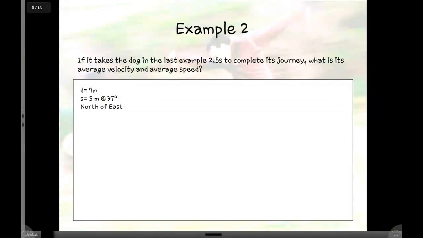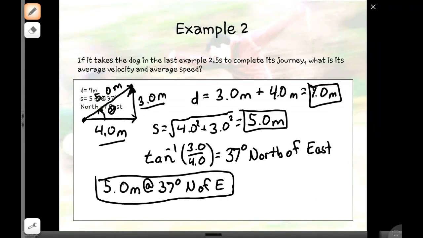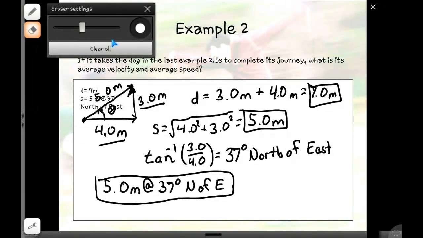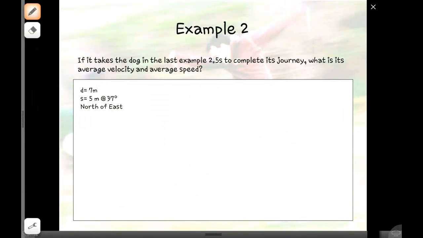So let's talk about this example problem again, and let's go ahead and erase and start over. So here it takes the dog, in the last example, 2.5 seconds to travel. What is the average velocity and the average speed? Well, let's start with velocity, because that's first. So we want to know the velocity of the dog. Well, I know his displacement is 5.0 meters, and I know the time it takes is 2.5 seconds. And so 5 divided by 2.5 gives me 2.0, because there's two significant digits,